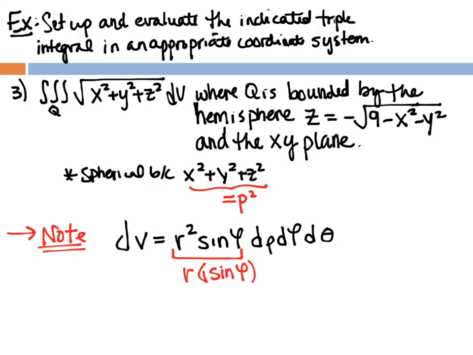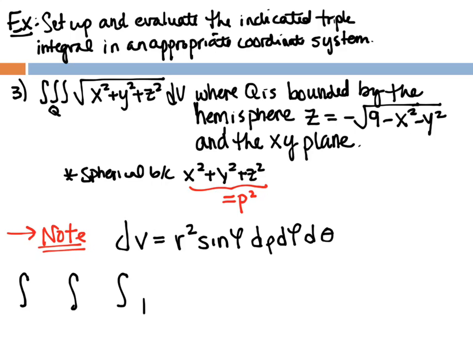So you get that sine of theta, and you're going to have another r involved. So there's some of that coming through to get this equation, all right? So we have r sine of theta, but it's r squared sine of, sorry, not theta, sine of phi. All right, so as we're setting it up, we're going to need that as our dv on the end. All right, so taking a look at my limits of integration,